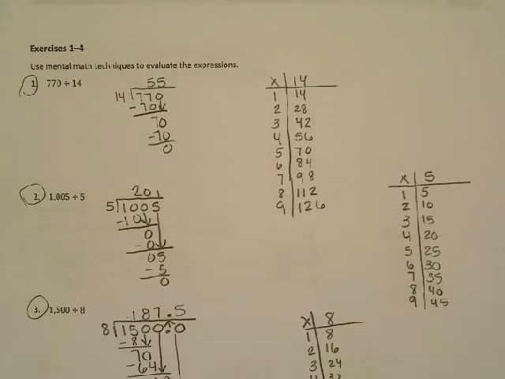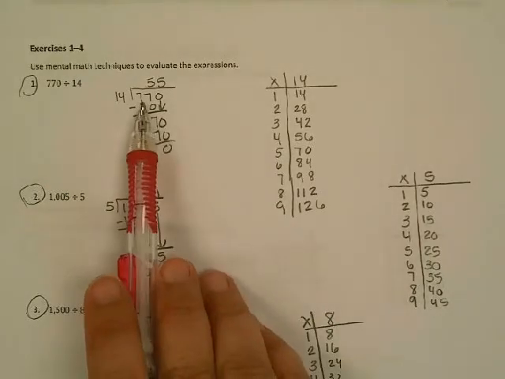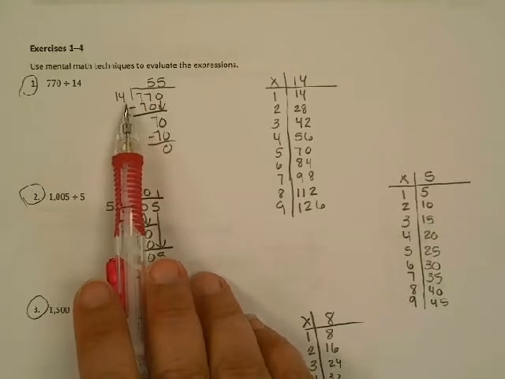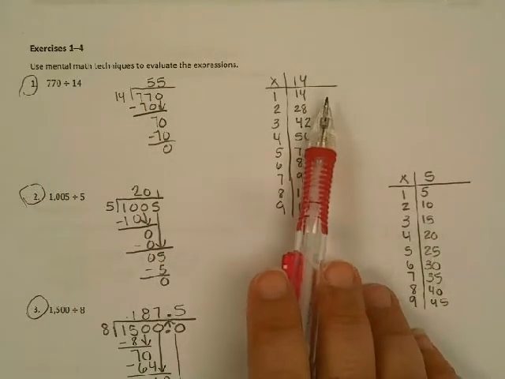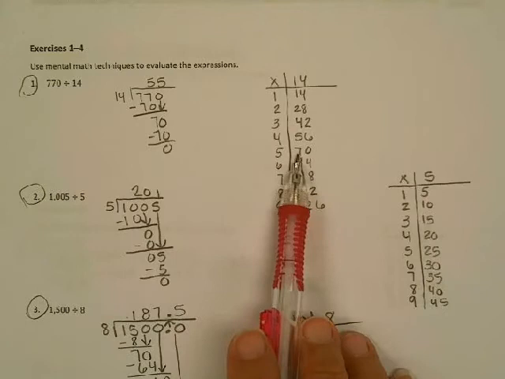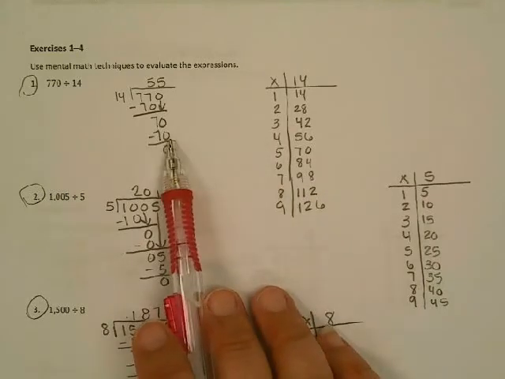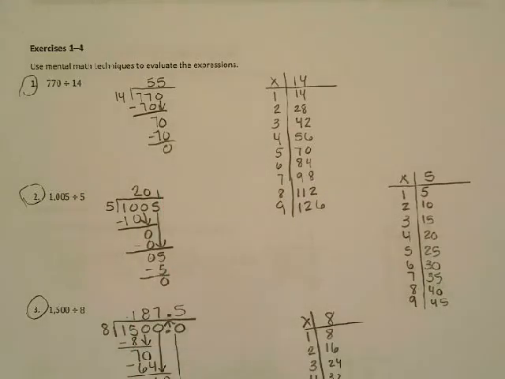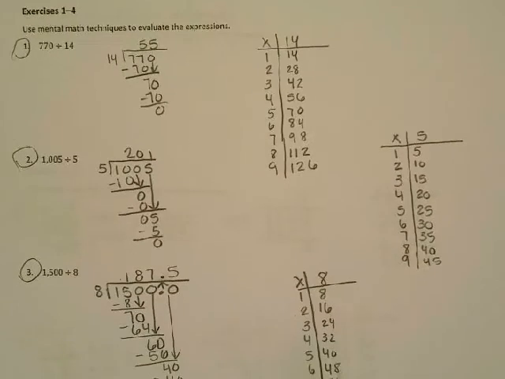You should have completed exercises 1 through 7. Go ahead and check your work. For number 1, you should have put 770 in the box, 14 outside the box. Made your multiplication chart for 14. After you work out all the division, you should have gotten the answer of 55. For number 2,